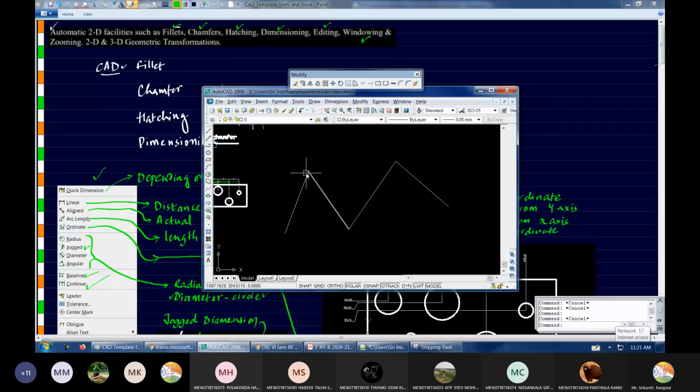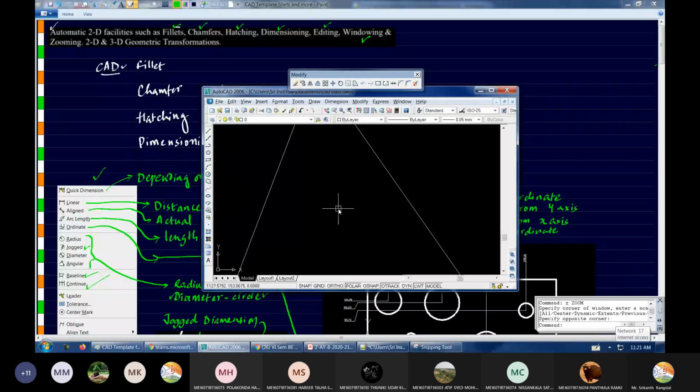Now these coordinates are defining my line. Suppose I'm zooming into a small part. Now you can see that the coordinates are actually outside the window which is visible to me. How will it draw this line? This line has to be drawn from this point on my screen to this point. These points need to be calculated, and after calculating them, those 2 points are used to draw this line on the screen.